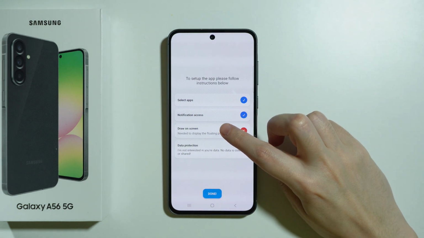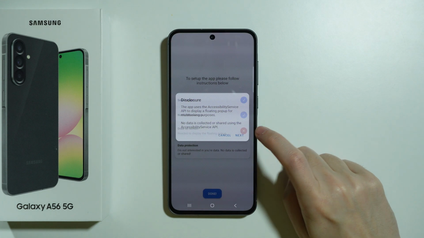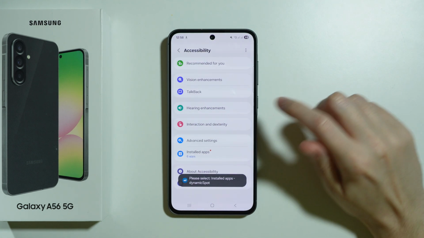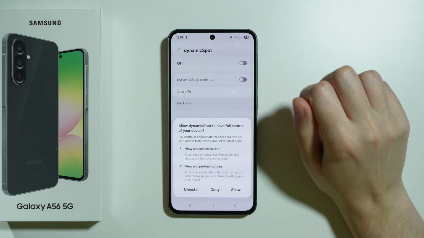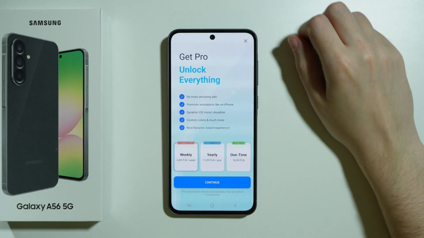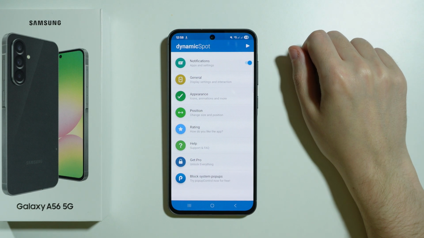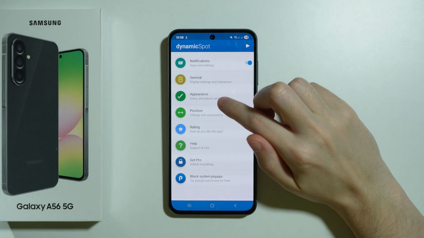Let's then go to Draw on Screen, tap once and press Allow, and then tap again in order to press Next. After that, go to Installed Apps, Dynamic Spot, and enable Dynamic Spot and press Allow. Alright, and now we can press Done, close this ad, and first what we're going to do is go to the